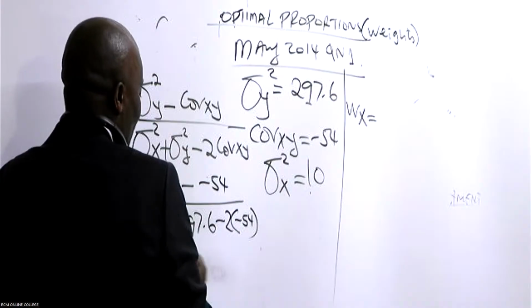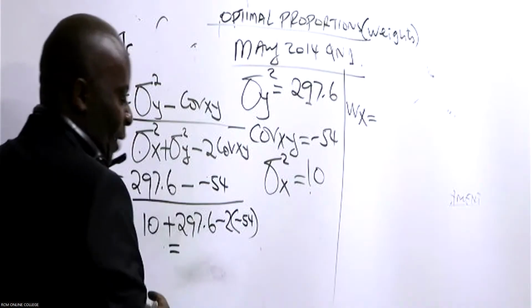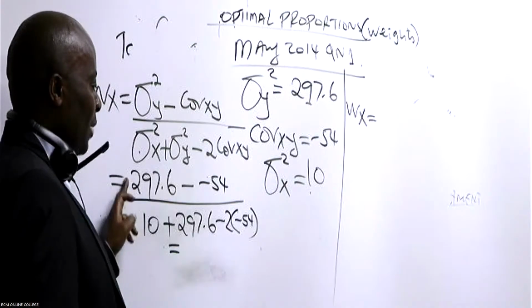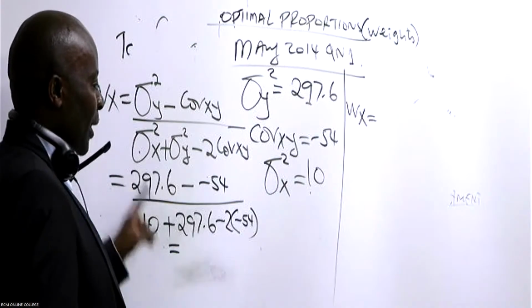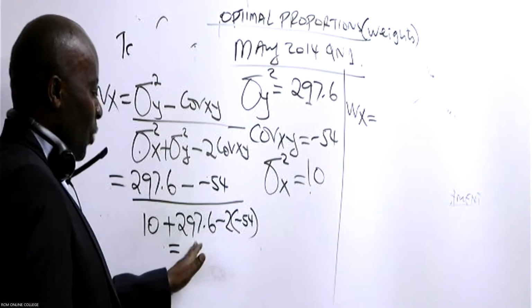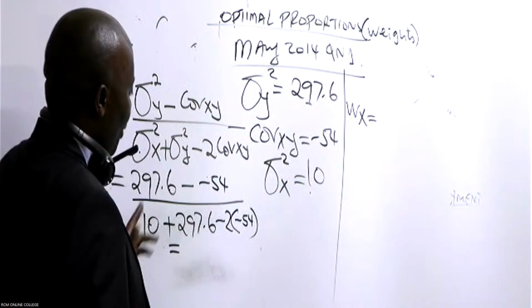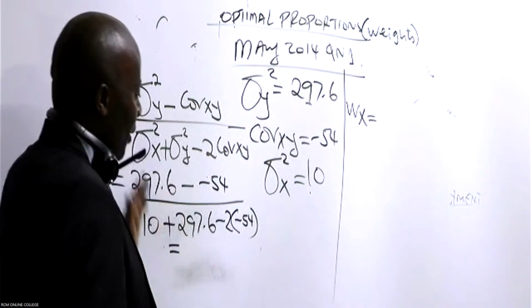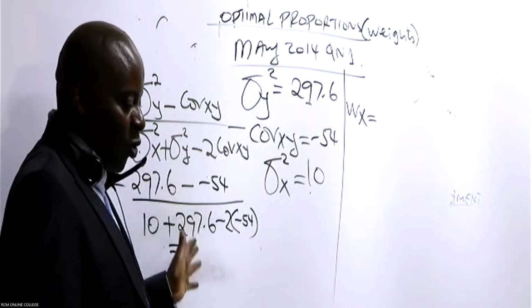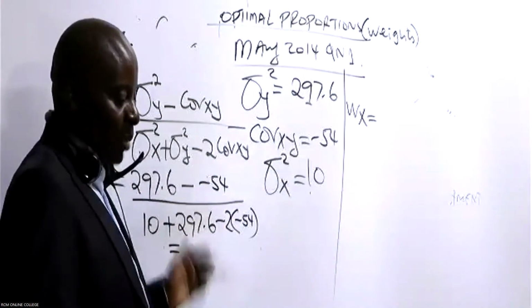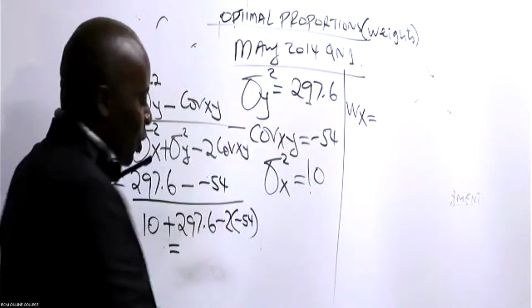So can you kindly do me a favor? Please give me the numerator answer. So you say 297.6 minus 54. You give me a number, I write. I will be so happy. So according to Archer, it is